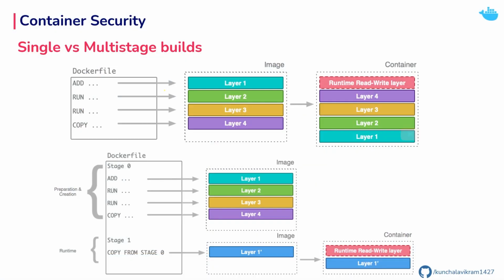We can further reduce the size of the images by using multi-stage builds. In multi-stage builds, in the first stage we build the application or the artifact, and then we take the artifact from the first stage and copy it into the second stage. Each of these stages will have a FROM or a base image, so that defines how the application has to be run. Using multi-stage builds, you can further reduce the size of the image and we'll get much cleaner and leaner Docker images.